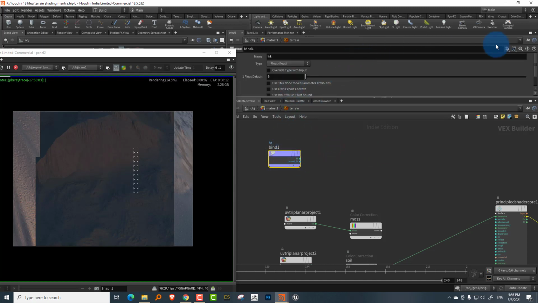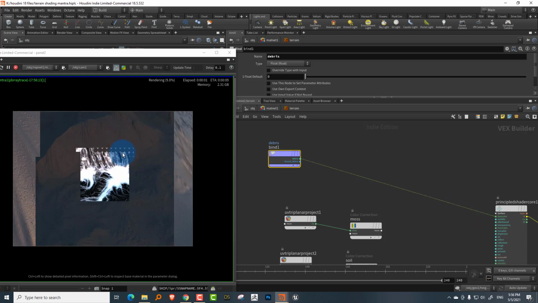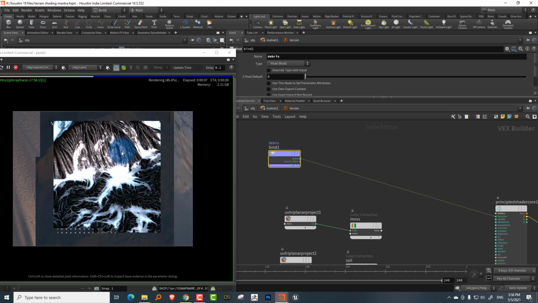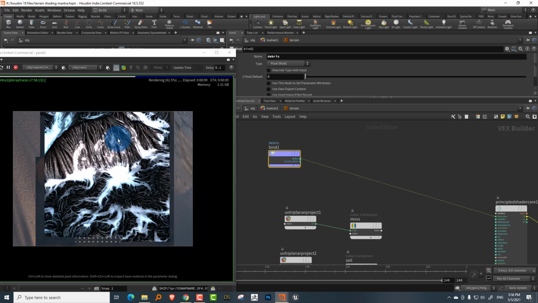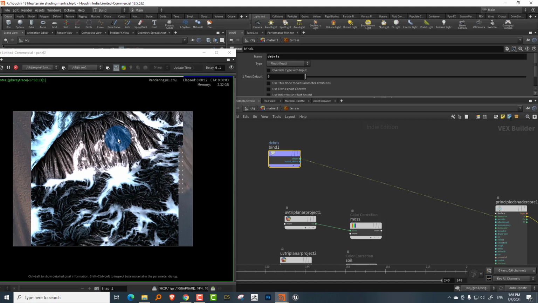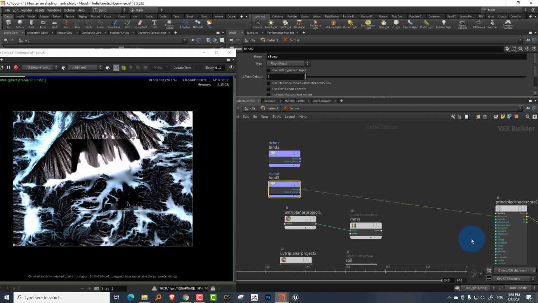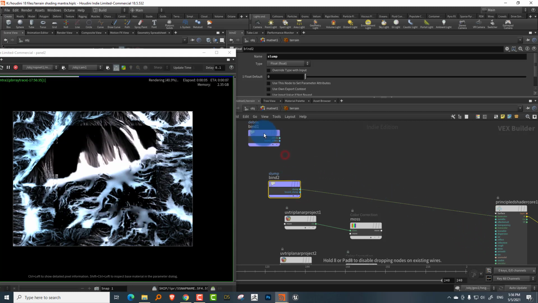Okay, so I'm going to take the bind node here and let's pick up, so we have debris on this. So we can pick up debris. And if we connect this, we should see the debris field that we have in here. So what I want is to take the debris field and the slump information that I have, add them together and use that for texturing. Okay, so I can take this, I'll do Control C, Control V, and this will be slump, and I can bring that out. Yeah, so that's the slump. I think just the slump should be good enough.